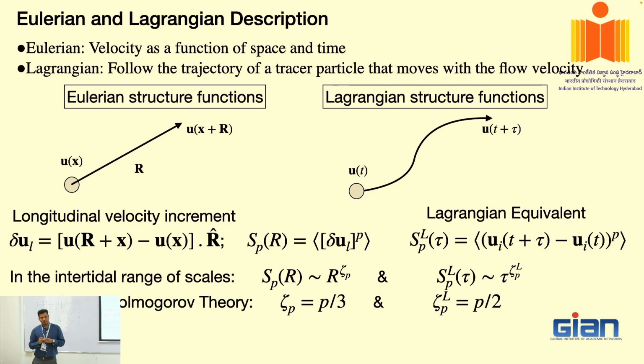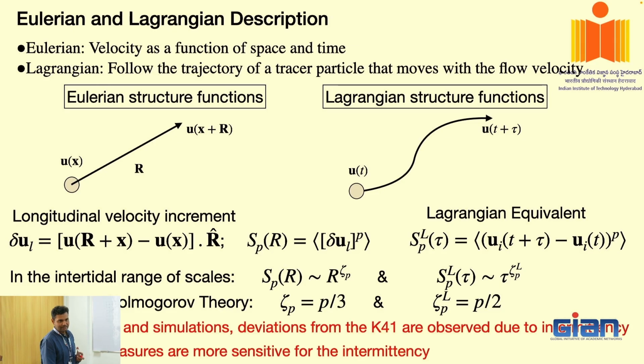But the important thing that I want to mention here is that for the Lagrangian statistics, these exponents are much more sensitive. This is the case when there is no intermittency in the flow. If there is intermittency, then these exponents will start to deviate from these numbers, and it is much easier to perceive if you have Lagrangian data. So this is just to give you a motivation for why Lagrangian became such an important quantity, and how Lagrangian differs from the Eulerian. The statistics for the Eulerian and Lagrangian are very different.